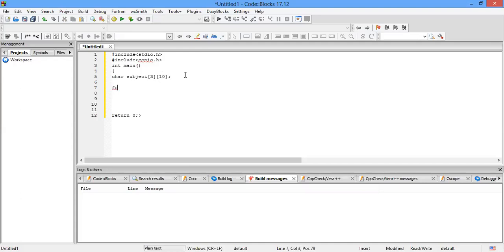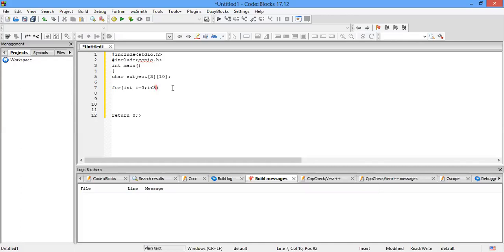Now what we are doing, we have to execute the loop from integer i equals 0, because how many strings we have to enter, that is 3. So we will start the loop from 0 to i less than 3, that means 0, 1 and 2. That means total 3 times this loop will be executed.